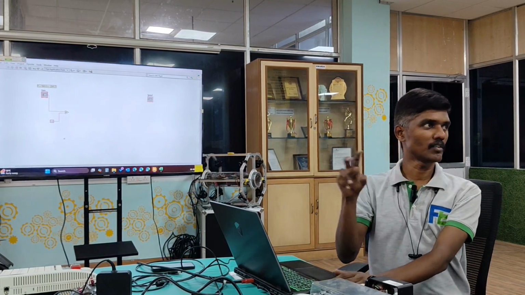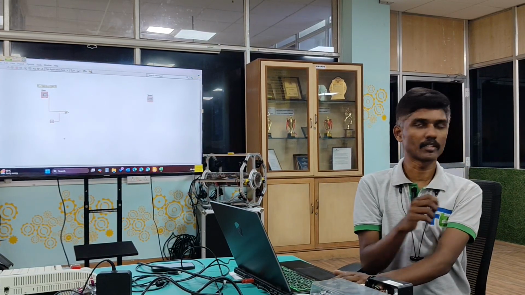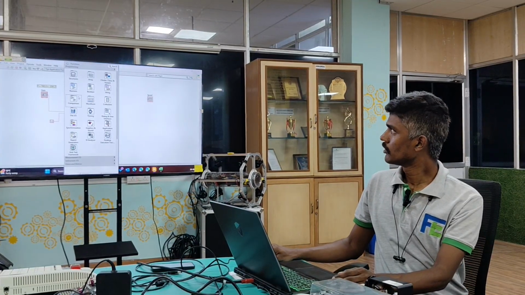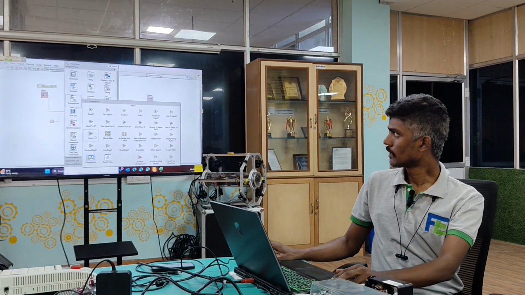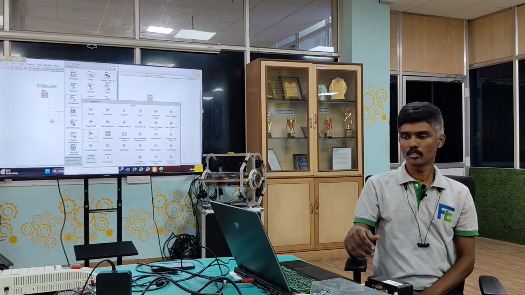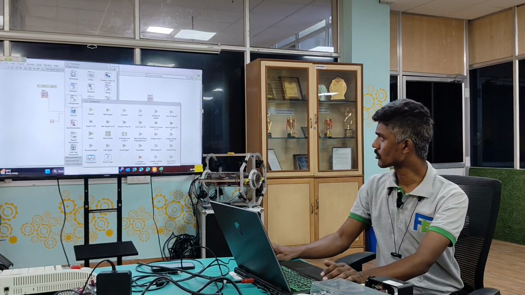If the gain is less than 1.2, you will get one boolean statement. Okay, this is true or false. Go to comparison and there is an option called select switch. So select switch will have 3 inputs,